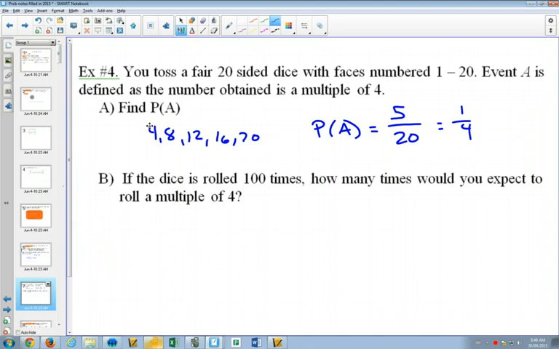So if you rolled it 100 times, how many times would you expect to roll a multiple of 4? Well, our probability is 1/4. We do that 100 times, we would expect to get that happening 25 times. Same kind of question as if you wrote a multiple choice test of 100 questions and you guessed on each one of them, and you had 4 choices. Chances are you will still get 25 of them right. Won't help you pass, but